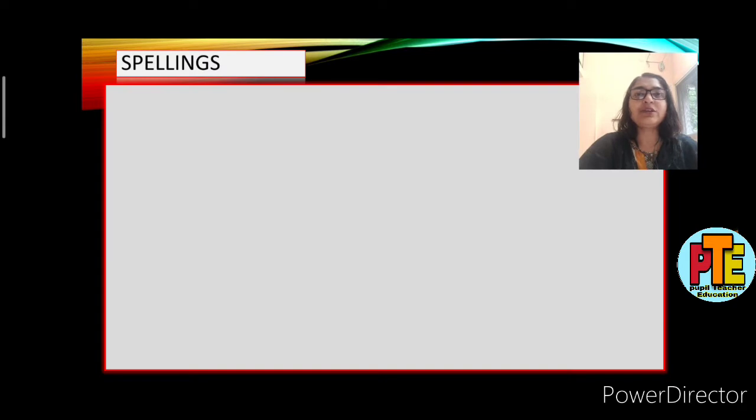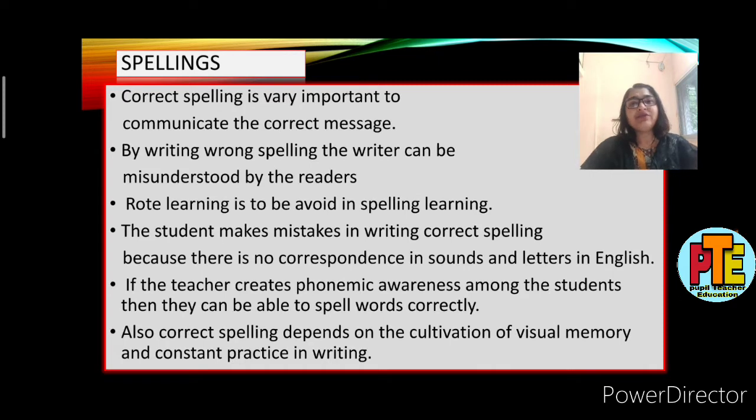Spelling is one of the important components of successful writing. The students without spelling skills will definitely struggle with their writing and also in reading, because there is a connection between sound and letter in reading. When we are reading, we are looking at the words which are formed by letters. We are also looking at the spelling, which is the correct order of letters in a word. So, correct spelling is very necessary to communicate the correct message.